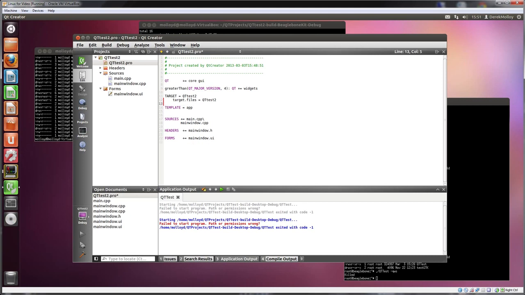We want to run it from the root directory on the target, and we want to add it to installs. Okay, so if I save this,